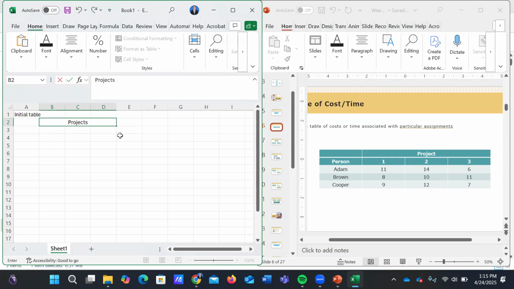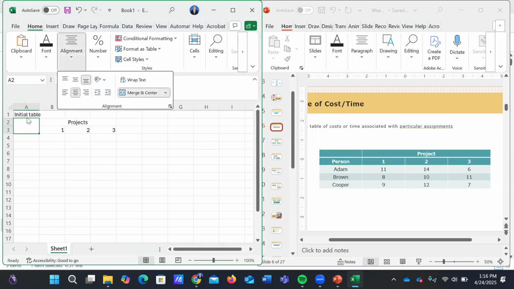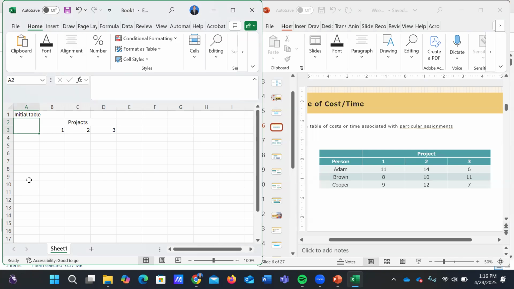We have 1, 2, and 3 type of project. And here is the person that we will assign. There are Adam, Brown, and Cooper.